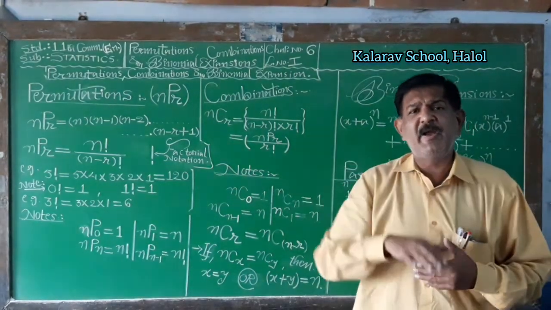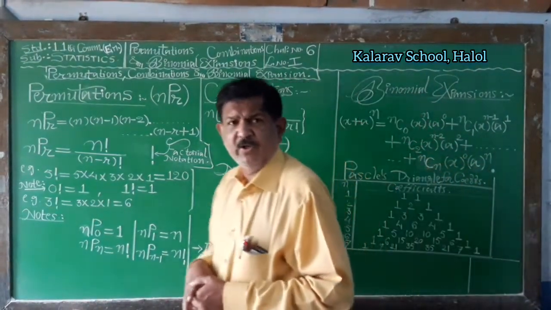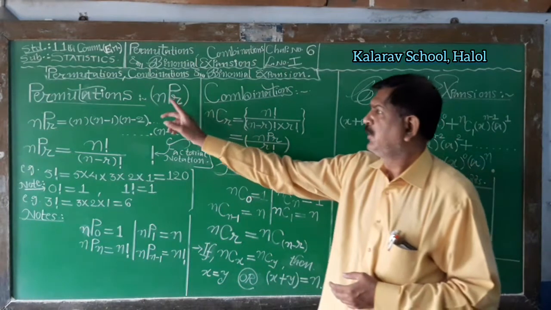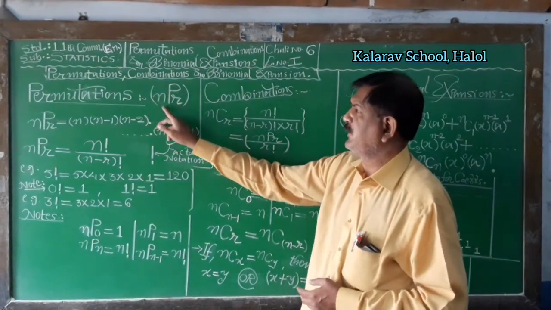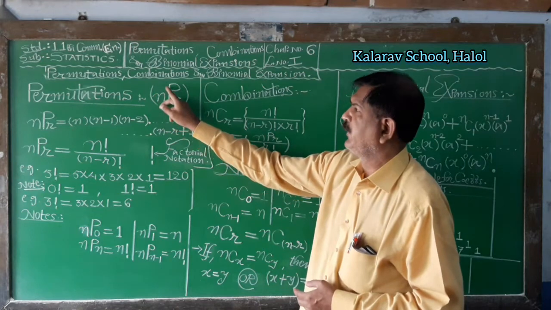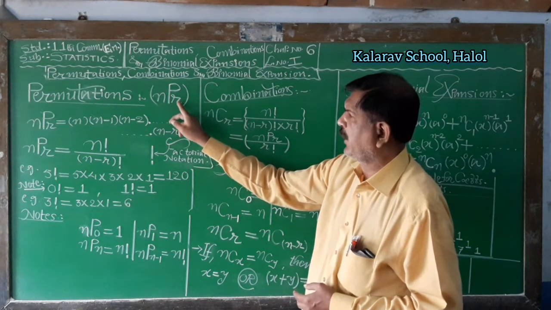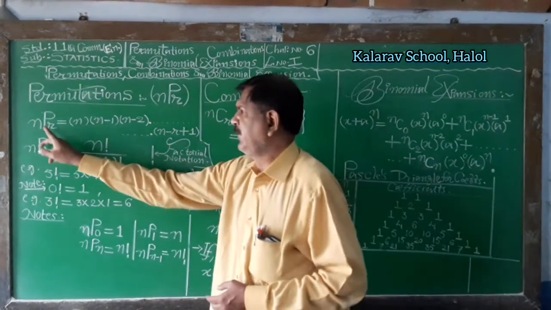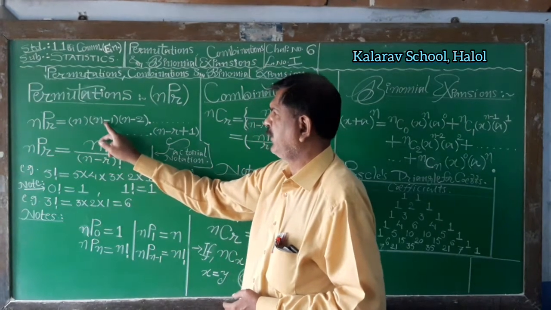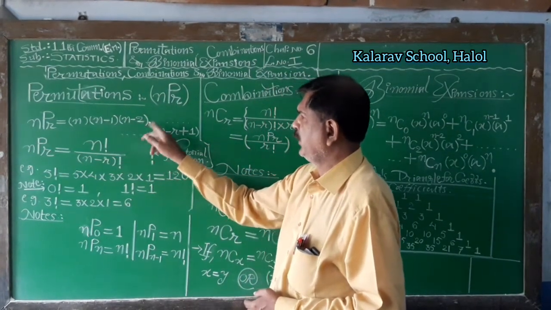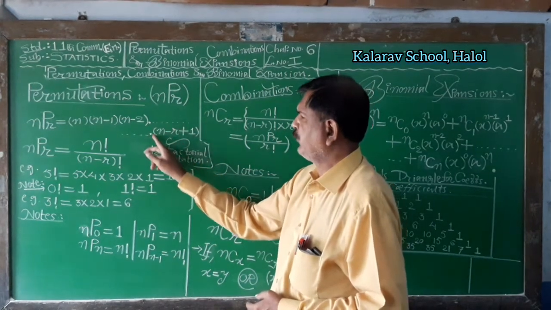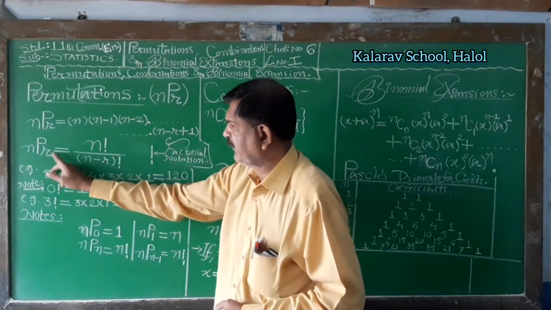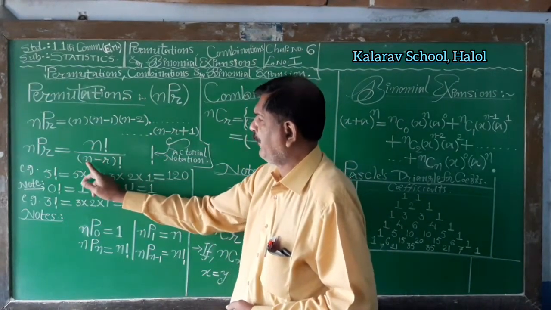In the arrangement of students, and the arrangement of passengers in a bus or a train, we also make use of permutations. Out of n items or n persons, if we want to arrange r items or r persons, then it is denoted by nPr, and it is given by nPr = n(n-1)(n-2)(n-3) up to (n-r+1). Further, nPr is given by n factorial upon (n-r) factorial.